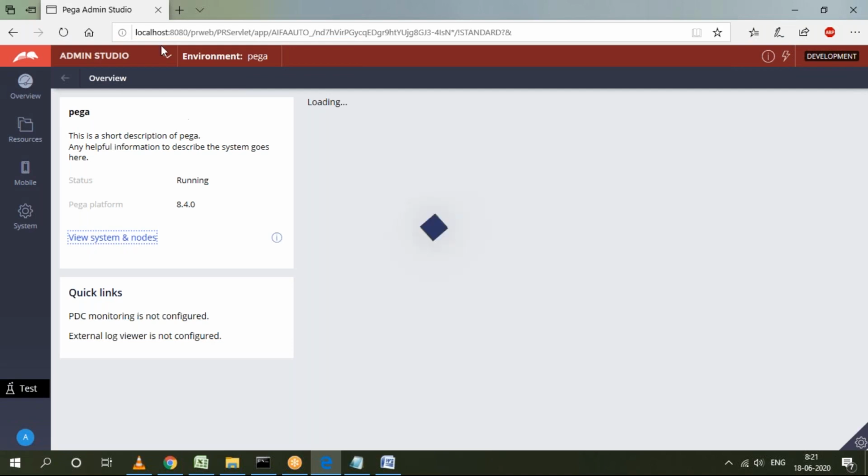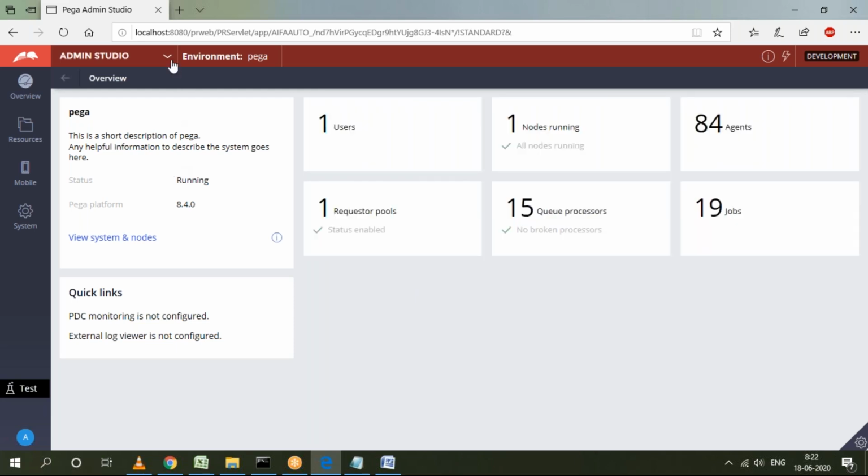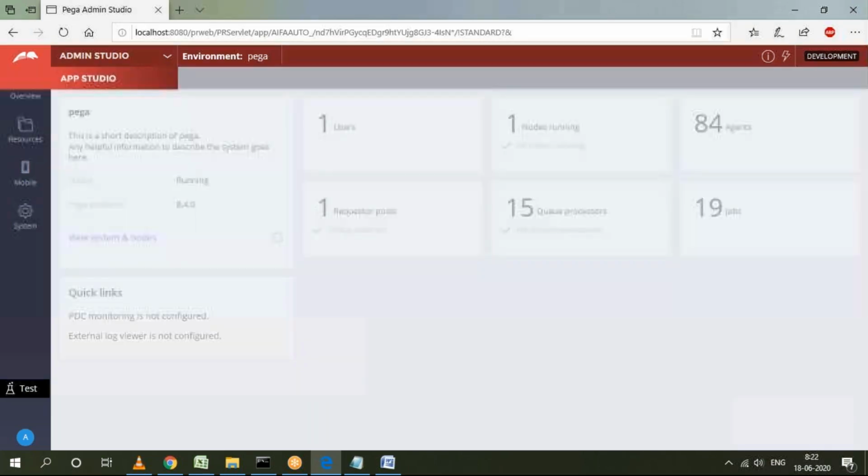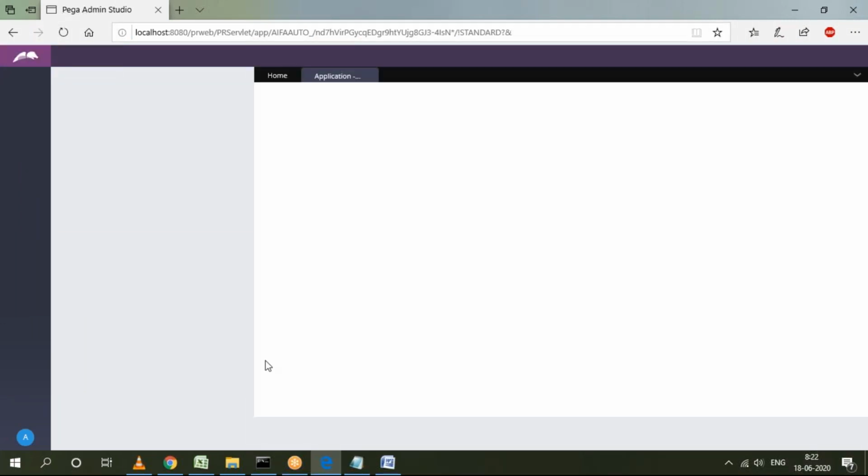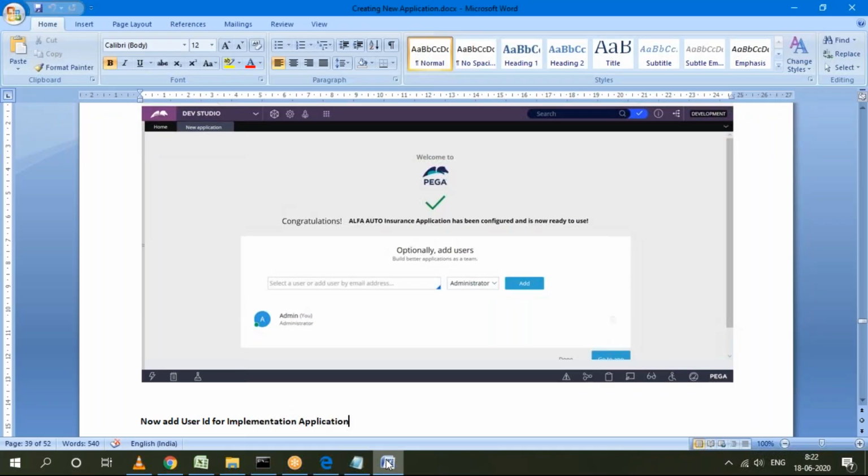First it will open Admin Studio. Then switch to Developer Studio. Okay, so till here the setup is available.